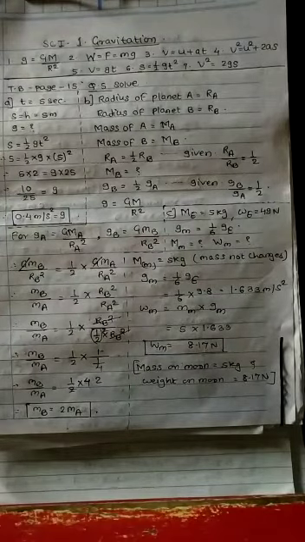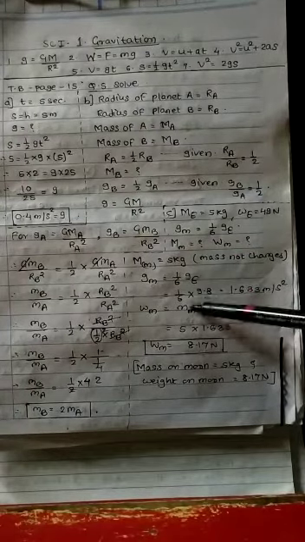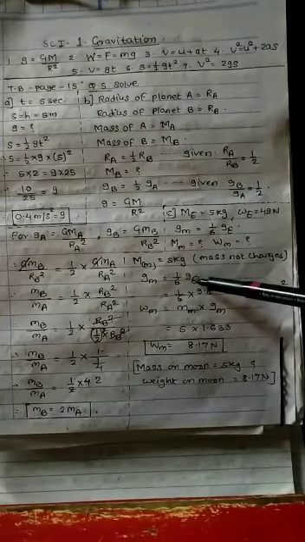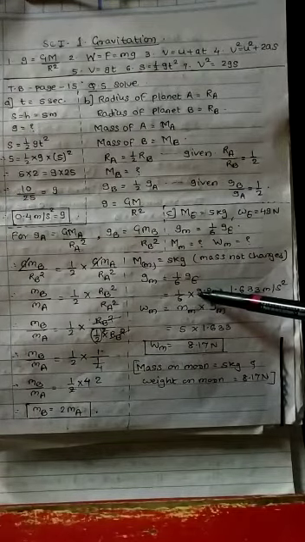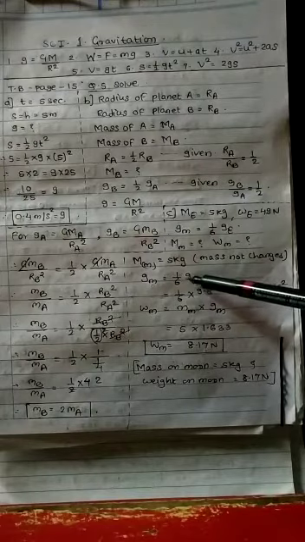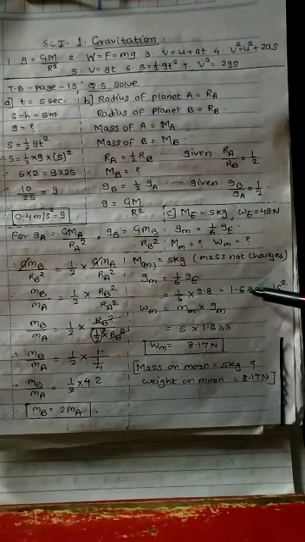Then next, in this formula we have to put the value of Ge here. What is the value of Ge? The acceleration due to gravity on earth is decided already, it is a constant, that is 9.8. So instead of g you write here 9.8 divided by 6, and then you get the answer 1.633 meter per second square.